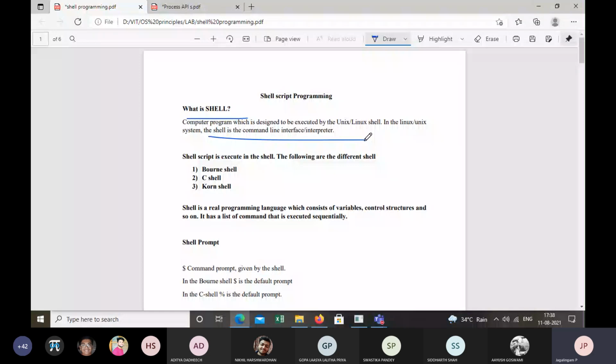Fine. Good. So there are different shells. One is Bourne shell, C shell, and Korn shell.